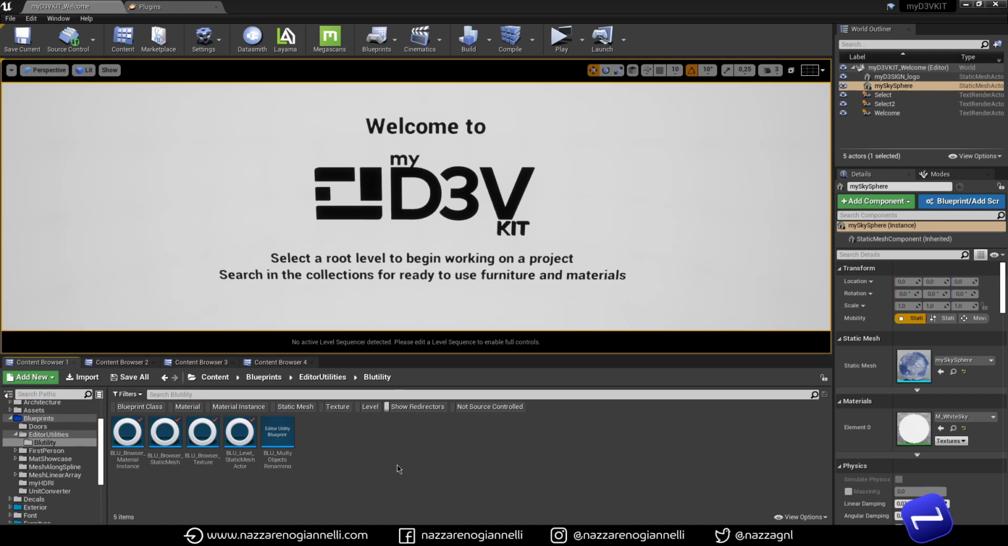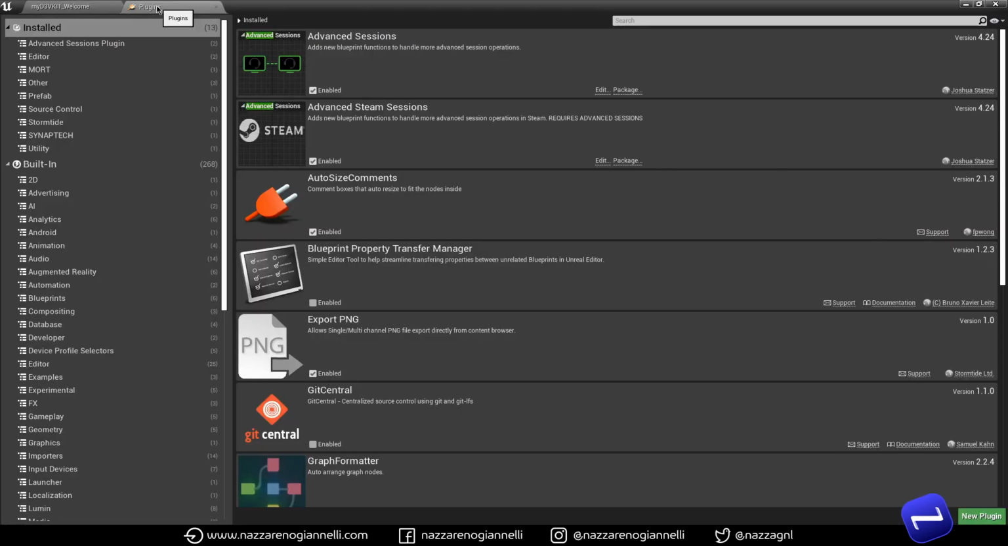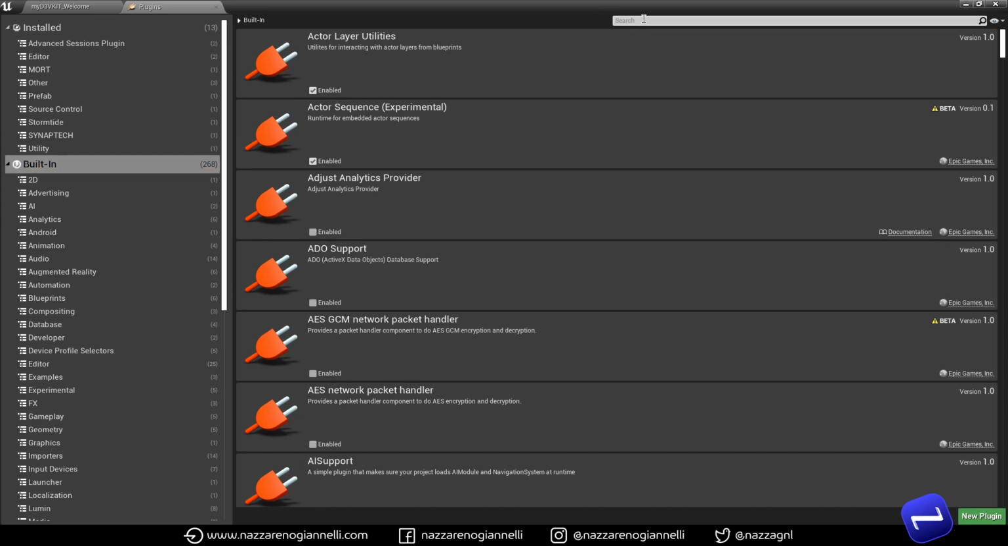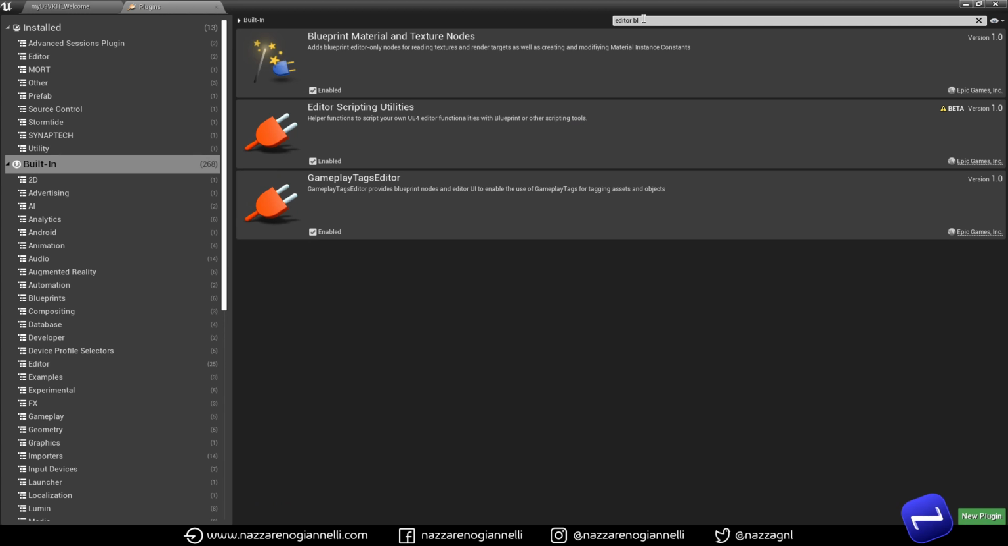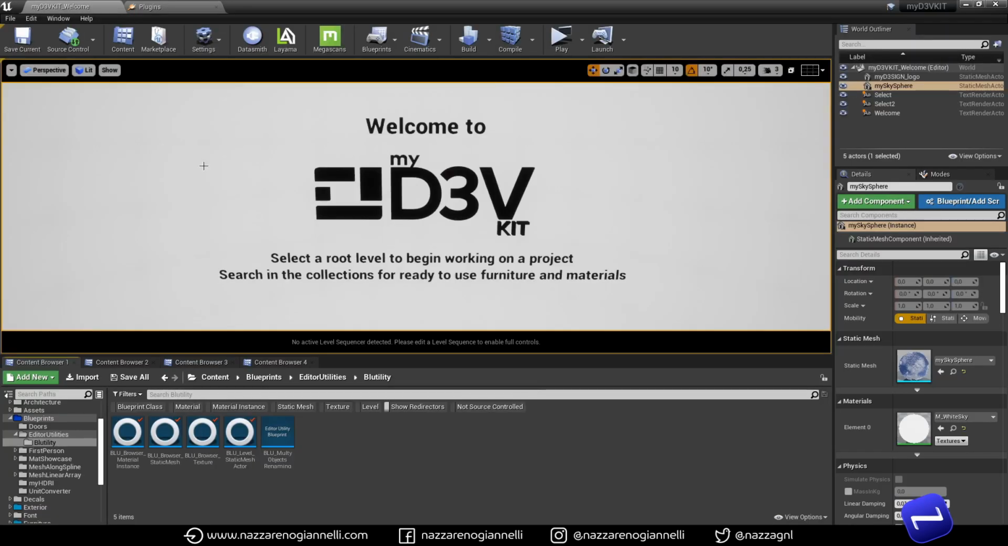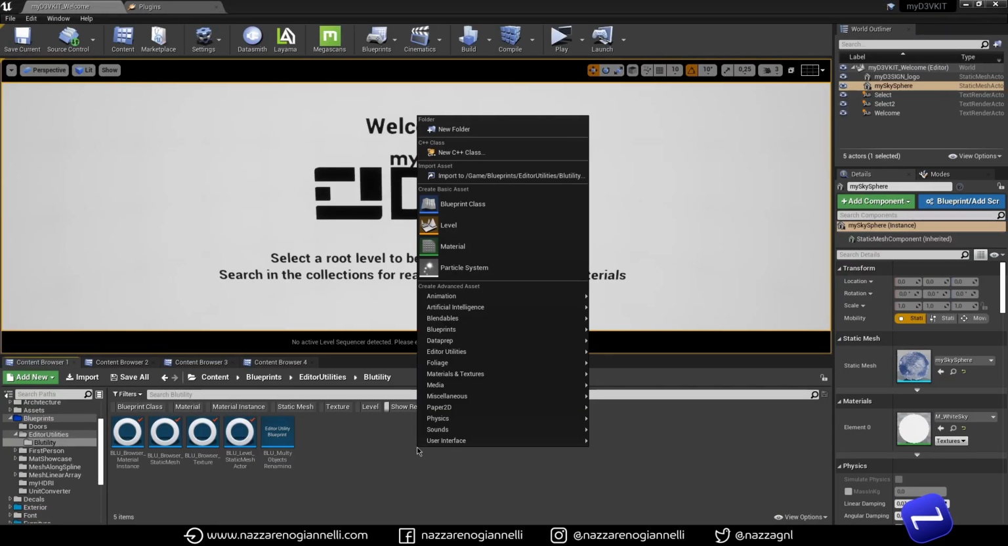In order to use these editor utilities, we need to go to plugins first, built-in plugins, and look for editor scripting utilities and enable them. The editor will probably ask you to restart, and after that you will have a new category in the content browser with editor utilities. From there you can create two types of utilities, a blueprint and a widget. Today we will focus on blueprints, that are small scriptable